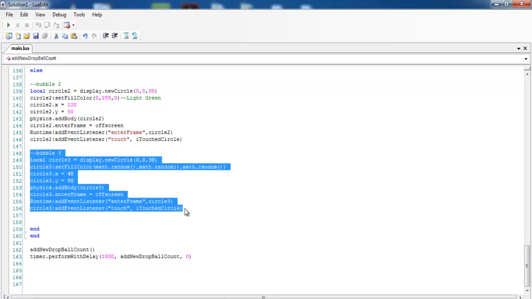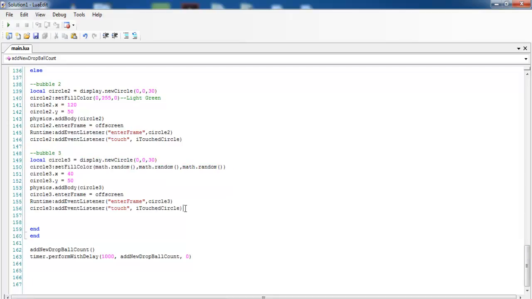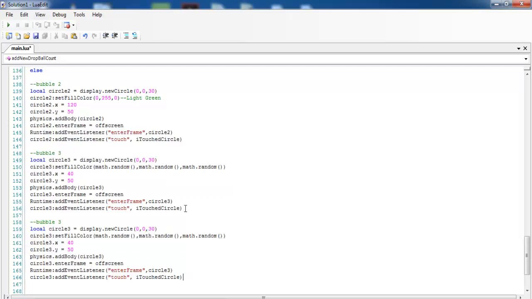Let's make that number 4. Copy and paste that right there. Change it to bubbles number 4, and all of these become 4. That's 4. And that's 4 as well. 4. And let's change the coordinate. The coordinate this time, let's say to 120. Okay, that's fine. Save,